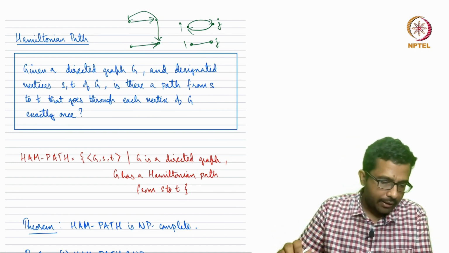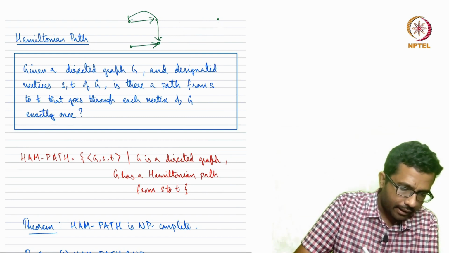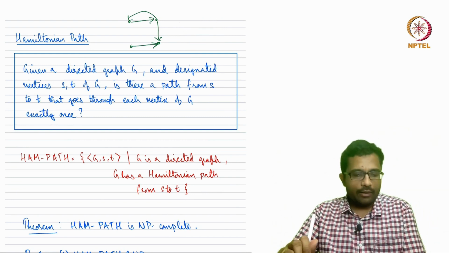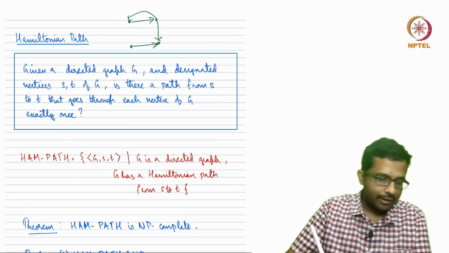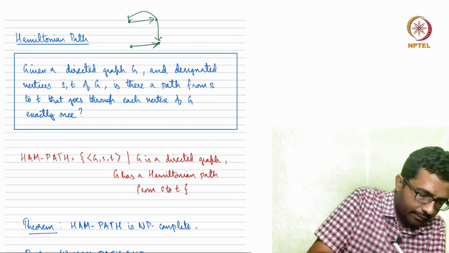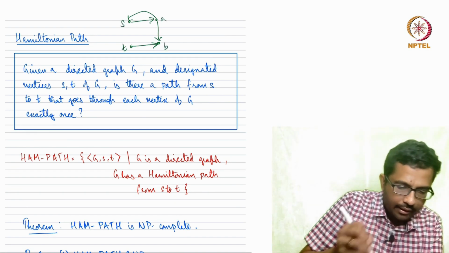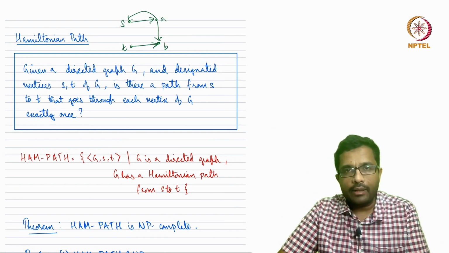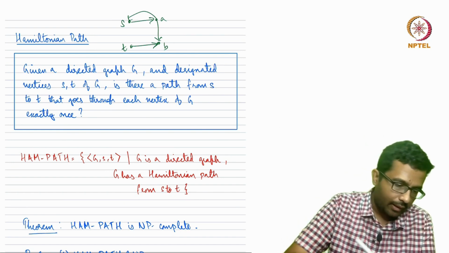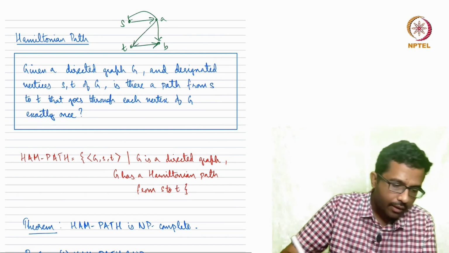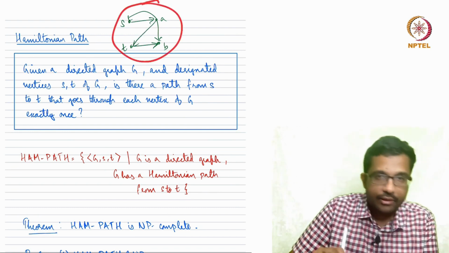What is a Hamiltonian path? The Hamiltonian path is a path. In the variant that we are going to see in this lecture, there are two designated vertices S and T. So let's say this is S, this is T, this is some A, this is B. The question is: is there a path from S to T that goes through all the vertices in the graph? In this particular graph that I have drawn over here, there is no such path,